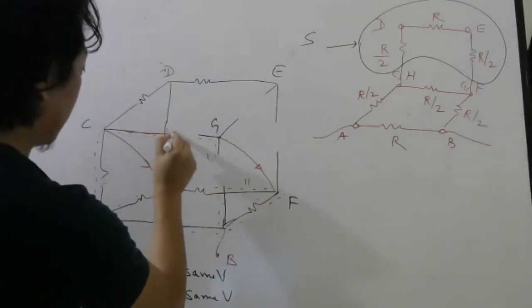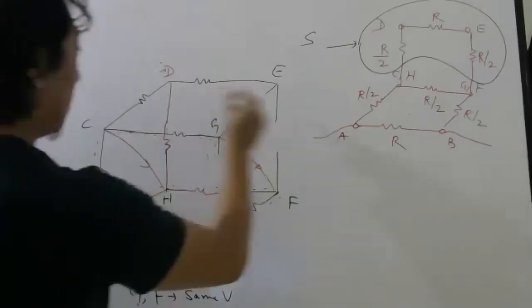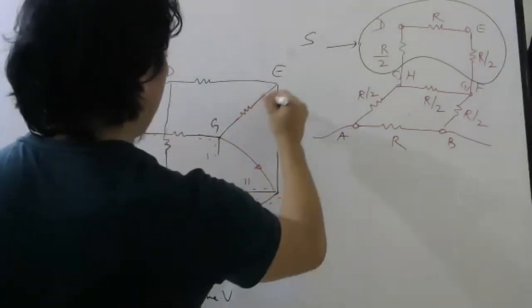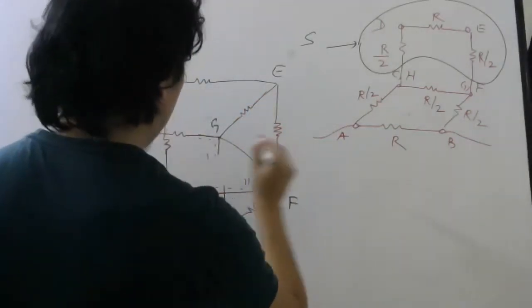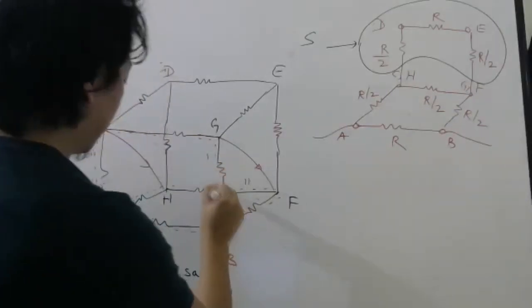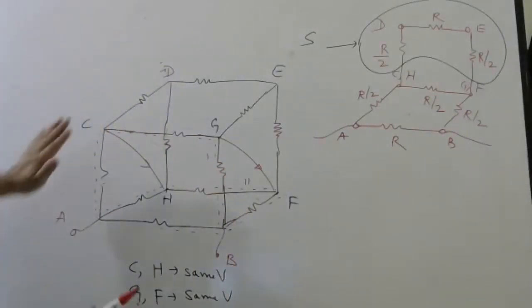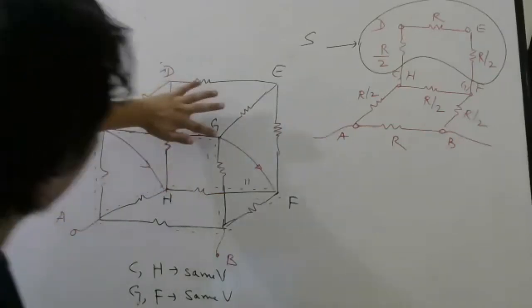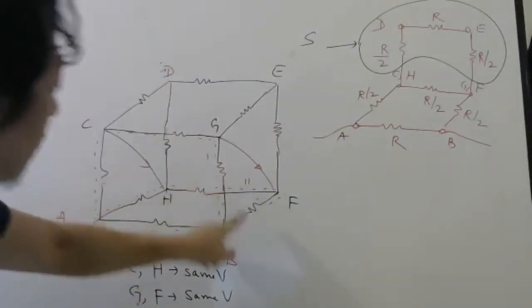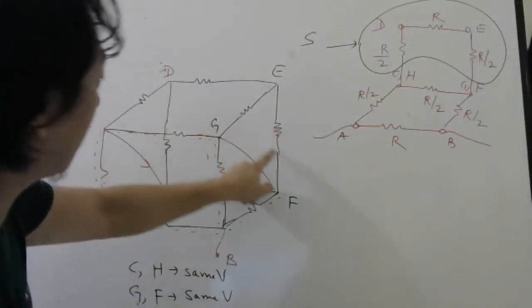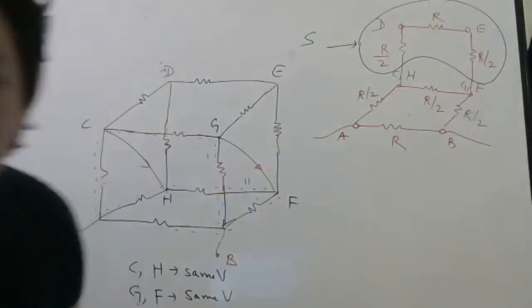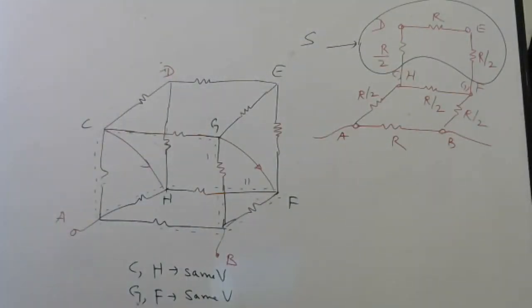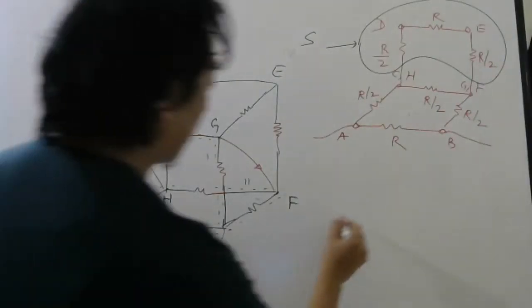Students, this is very difficult to explain, but still I am trying my best. And I'm hoping all of you are understanding. Once I smash this here and this here, these two will be in parallel, these two will be in parallel. You can replace them by R by 2. Now you can see the upper one, it is in series. So R by 2, R, R and R in series is 2R. So I can redraw now.